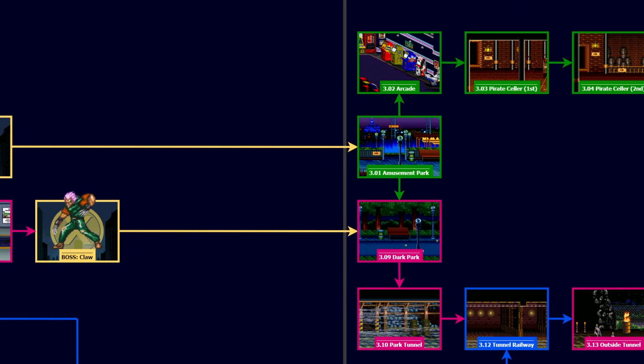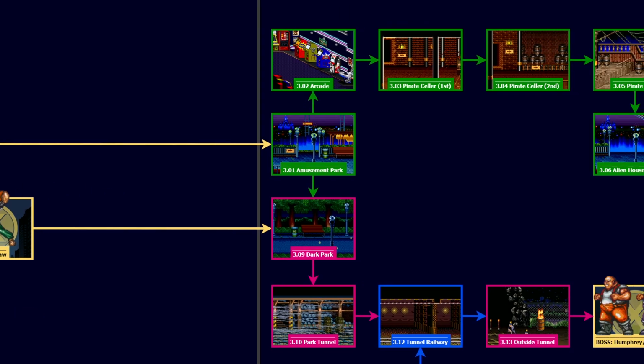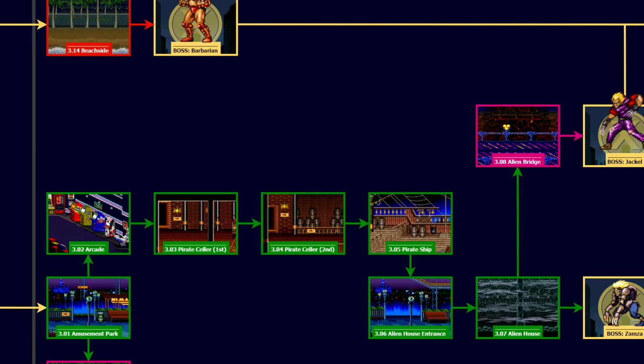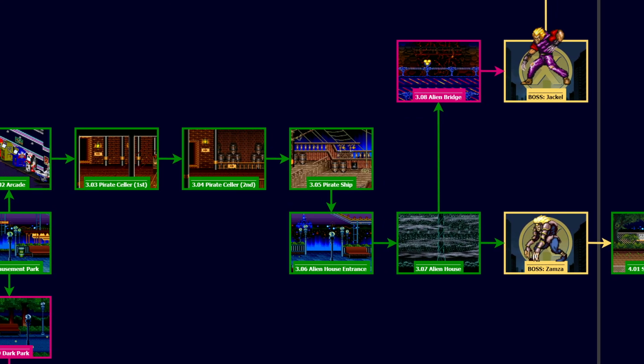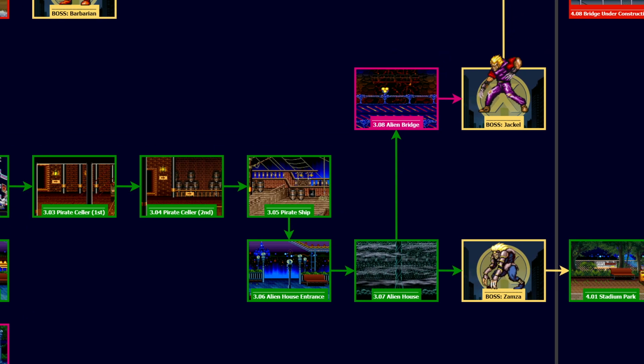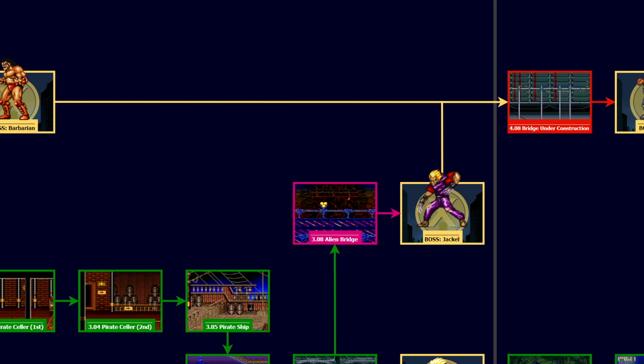And then once we get to the amusement park, we have the choice of the dark park, which isn't Streets of Rage 2, or the arcade. Now, the arcades look different, but that's it. The weird pirate part as well. Pirate ship to the alien house. And then we can either go to the alien bridge and fight Blanca